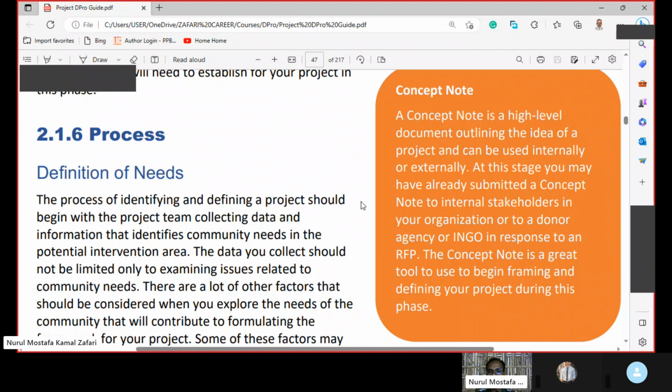A concept note is a high-level document outlining the idea of a project and can be used internally or externally. At this stage, you may have already submitted a concept note to internal stakeholders in your organization, or to a donor agency or INGO in response to an RFP. The concept note is a great tool to use to begin framing and defining your project during this phase. We talked about this, I think. We can go ahead with